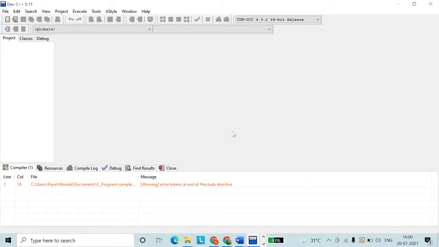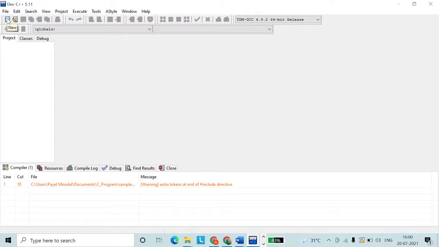So guys, let us run the program we have just discussed, to find out the area of a circle, and we will also understand by running it how the different data types work.